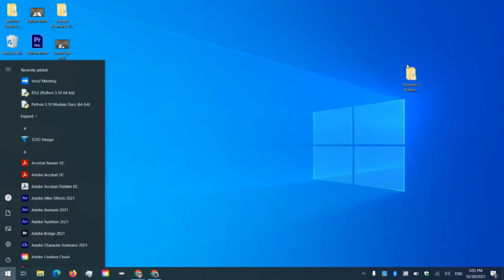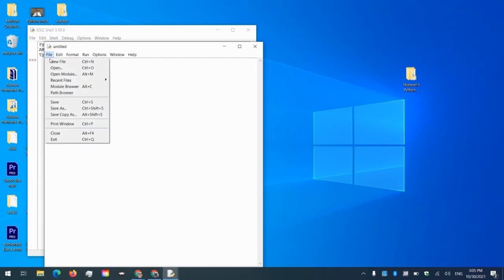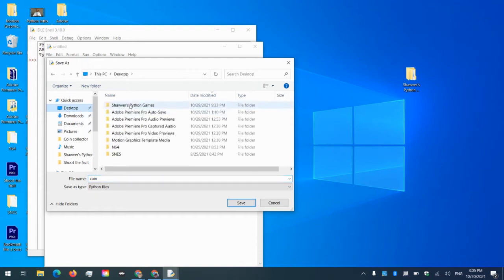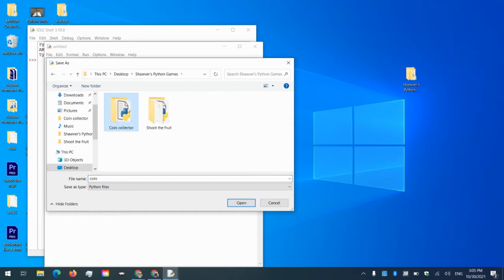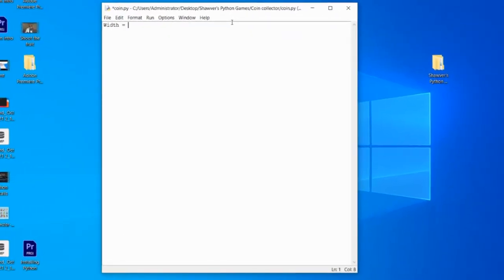So I'm going to open up Python IDLE. I'm going to create a new file. And the first thing I'm going to do is save that file. And I'm just going to call it coin. I'm going to make sure that I put it in my master folder. So the first thing that we're going to do is set the width and height of our gameplay